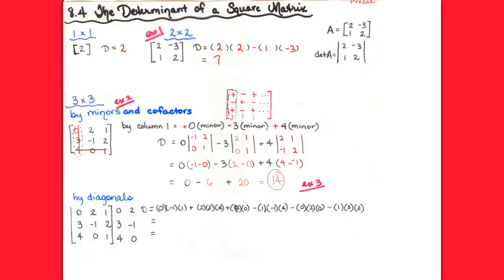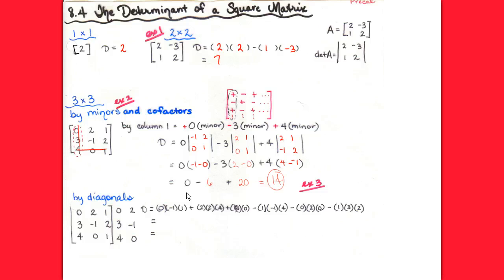Yeah, I heard it. The one with the 0. Because look what happened in this guy right here. 0 times anything is going to be 0, right? So it doesn't matter what the minor is or what it ends up being here. It's always going to be 0 in this last piece down here. So if I can choose a row or a column that has a 0 in it, or maybe there's one